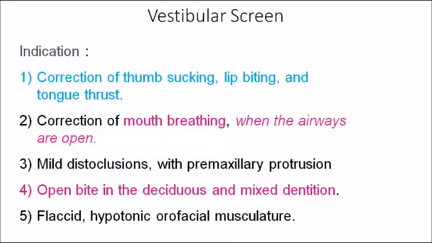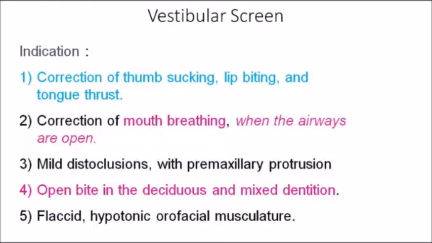So they might give you a case scenario like, so and so person at this age is having so and so musculature problems with such a malocclusion. So which appliance are you going to give? So that kind of questions we can expect, that is, they are going to give you case scenario based questions apart from picture based questions. That is another relatively expected question from this chapter, case scenarios, and you have to identify the appliance. So if you are going through myofunctional appliances, it is extremely important that you understand which appliance is given and when it is given and why it is given.